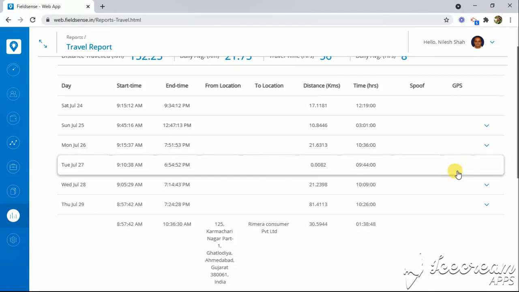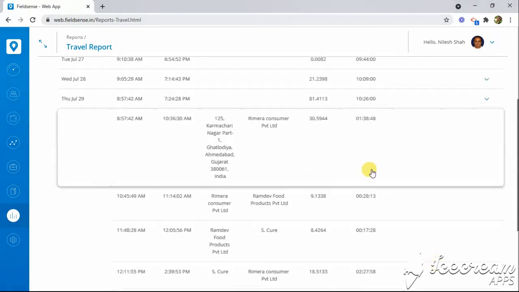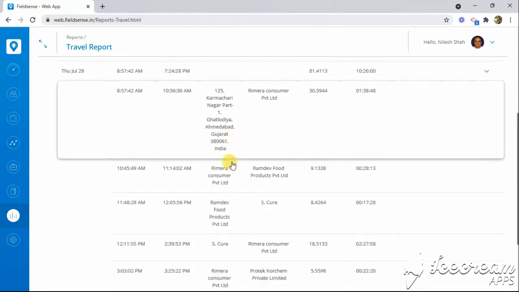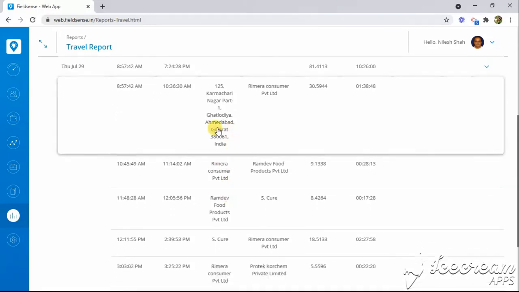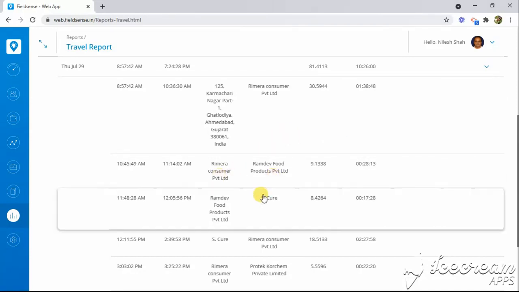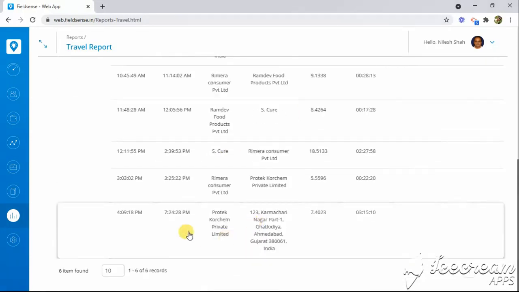And if GPS is off, that is indicated under this section, GPS. And like this, you will have travel details of the user, like from A location to B, when he has traveled, their related details, then B to C, and so on. You have the statistics till his punch out for the day.